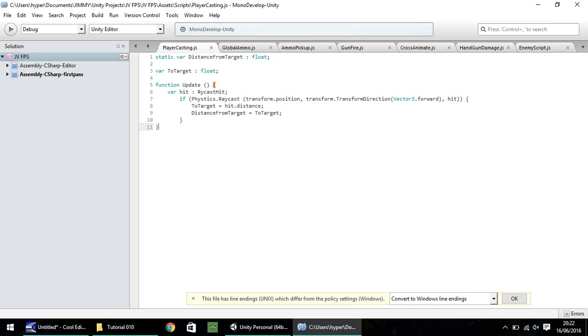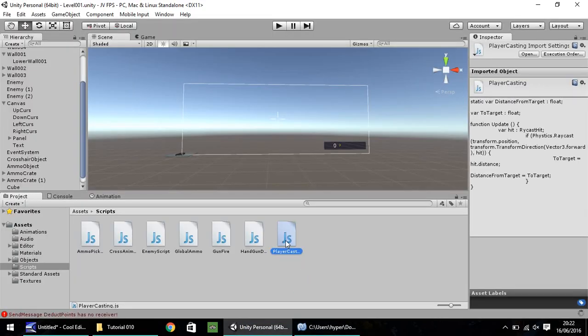Now you may be wondering why we've made toTarget equal to something and then something else equal to toTarget, rather than make distanceFromTarget equal to hit.distance. The reason is because in scripting, if I have a static variable, I like to also have an internal variable equal to that static variable, so I can see the actual number of it in Unity itself. So hopefully, if we go back to Unity now,